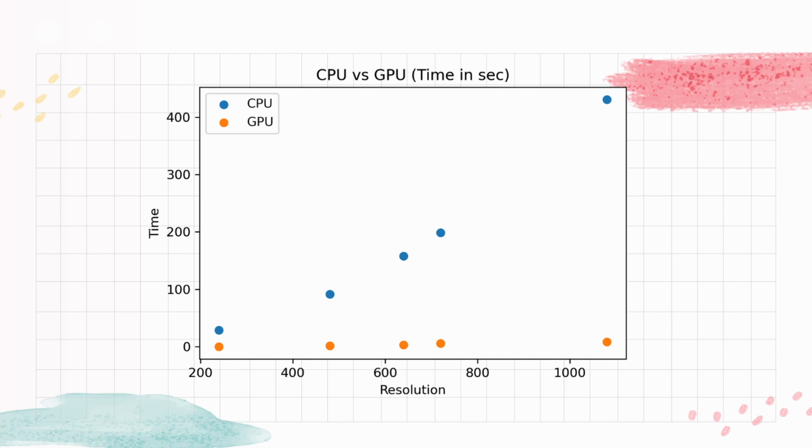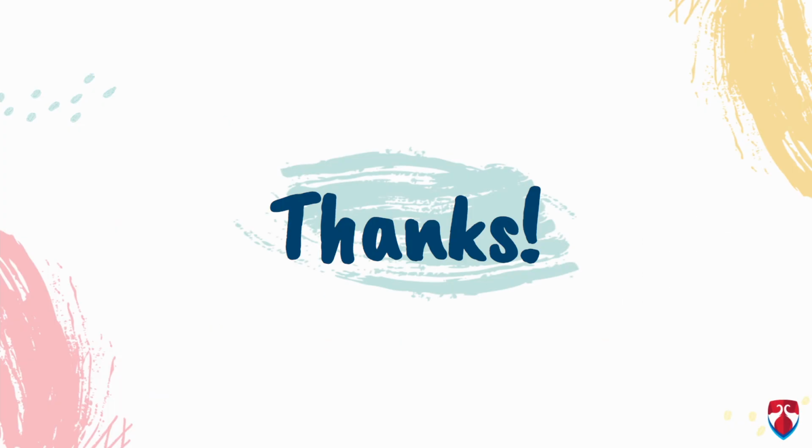Then in the final graph, you can see that changing the resolution also drastically changes the CPU time, whereas the GPU time is approximately linear, not exactly but approximately, whereas the CPU time is exponentially increasing. So we can say that HPC speeds up the processes by quite a lot, and that it has been implemented properly in our project. That was it for the video, and thanks for watching.